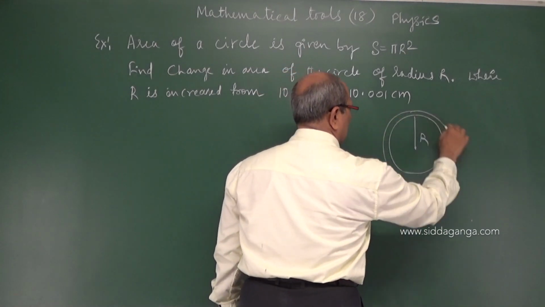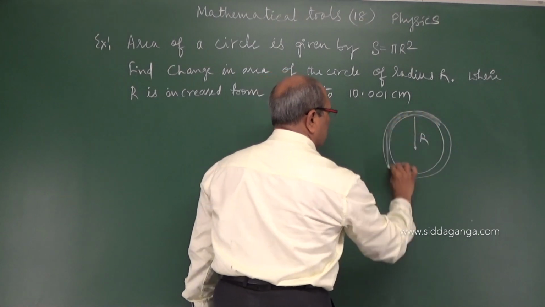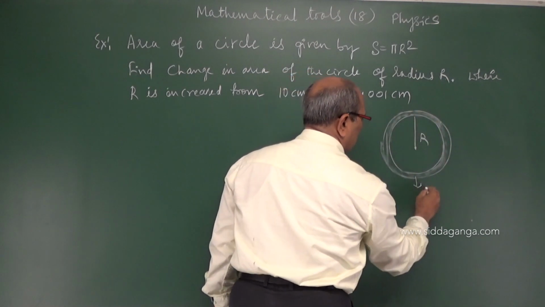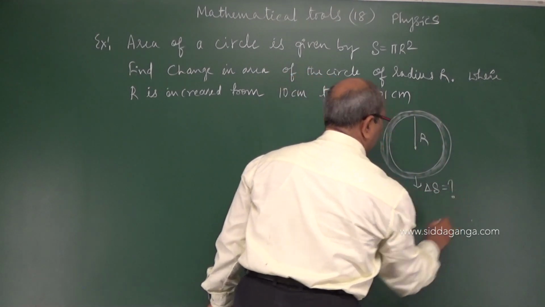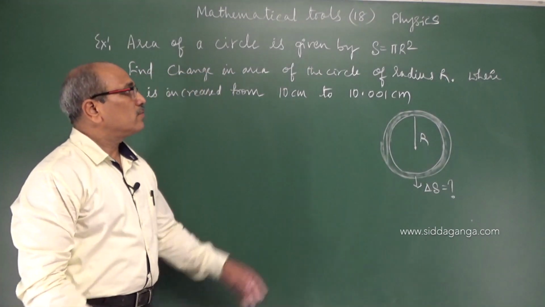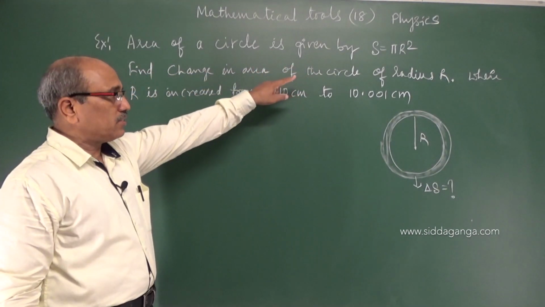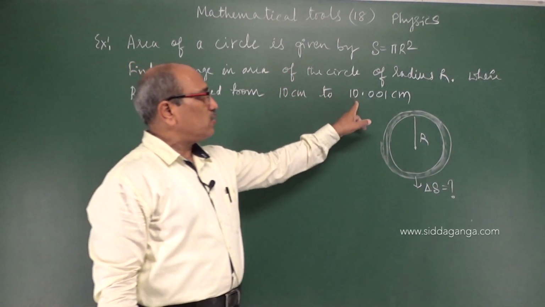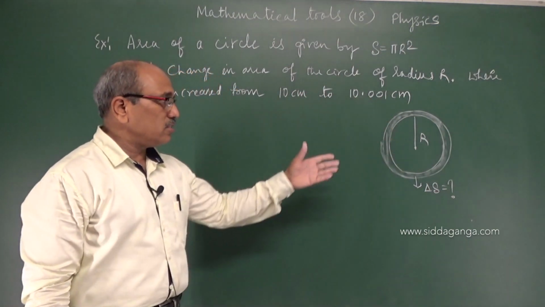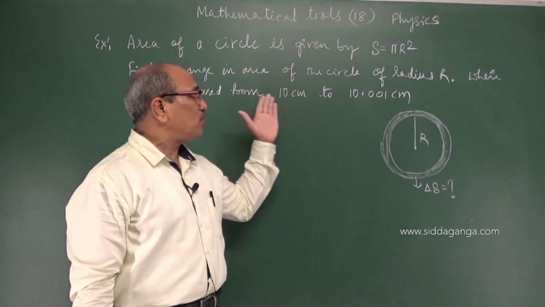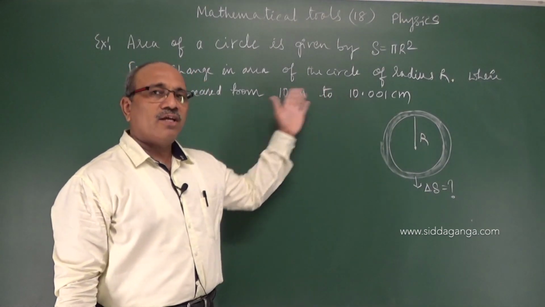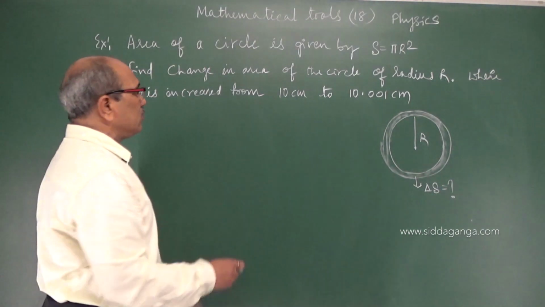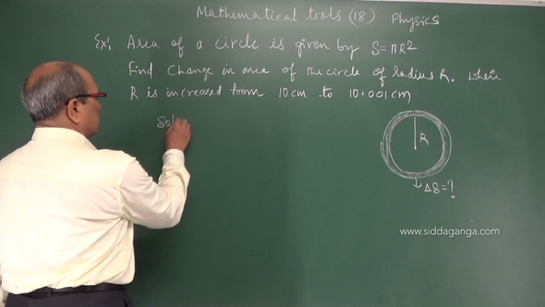Its radius is increasing. You have to find this change in area of this annular ring. Delta S is how much? The question is on that. The given formula for the surface area of a circle is pi r square, where r is the radius, and the radius of the circle is increased from 10 to 10.001 centimeter. What is the change in area? If you go geometrically, you have to find pi r square for this, pi r square for that, and define the difference. But this technique of differentiation helps you do it more easily.